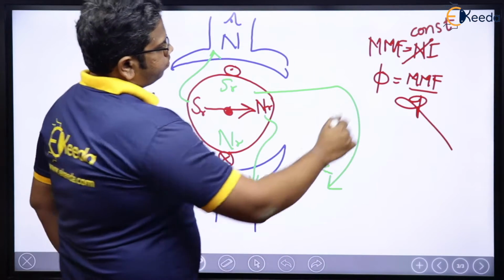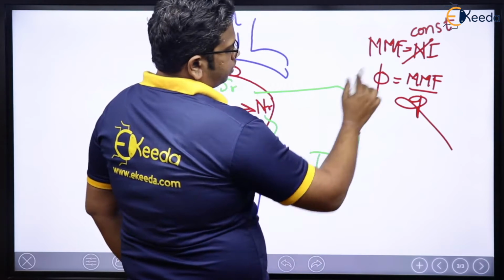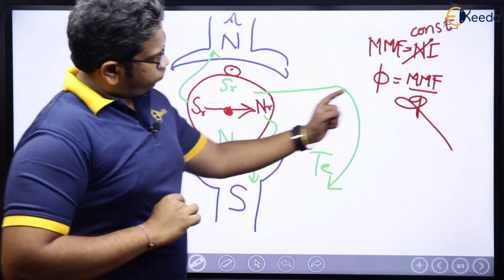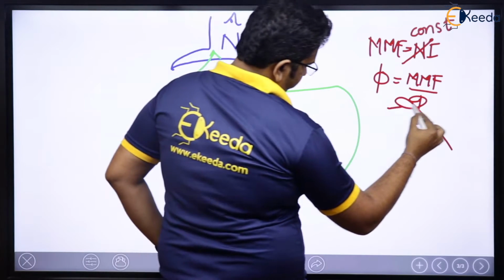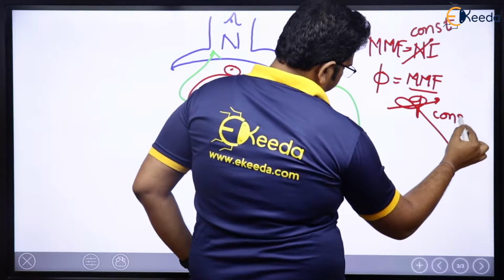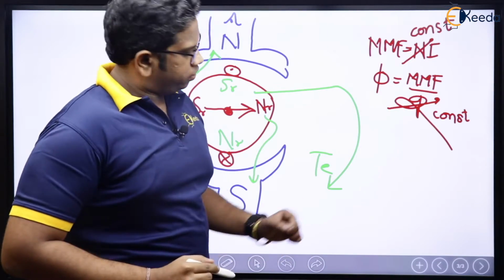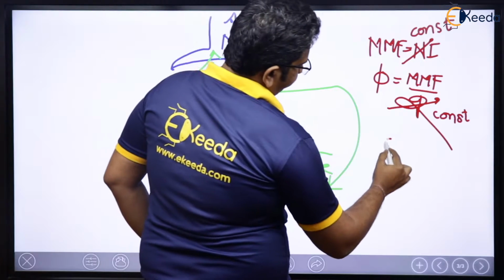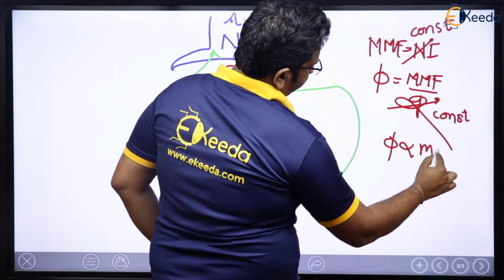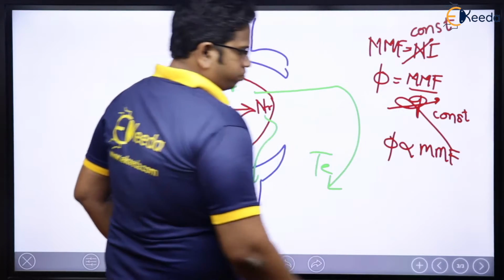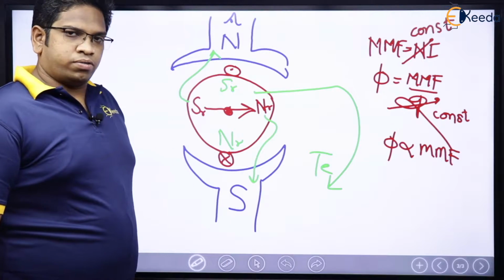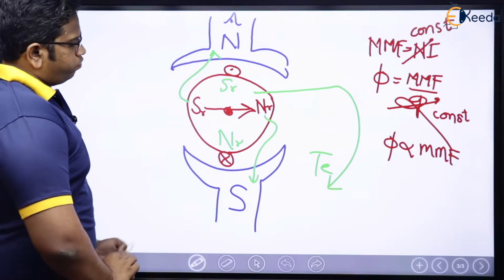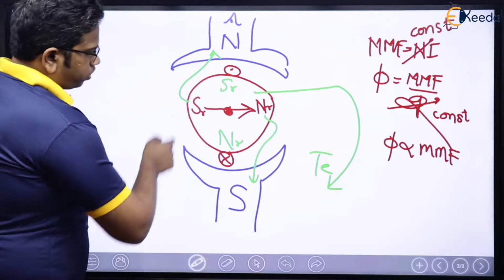See here, if I am keeping number of turns as constant, which means MMF is proportional to the current, right? And if here I am considering reluctance is constant, so now in this case, what is going to happen? Flux will be directly proportional to the MMF. Am I right or wrong? Flux is going to be directly proportional to MMF, which means, now you tell me here, in case of rotor,